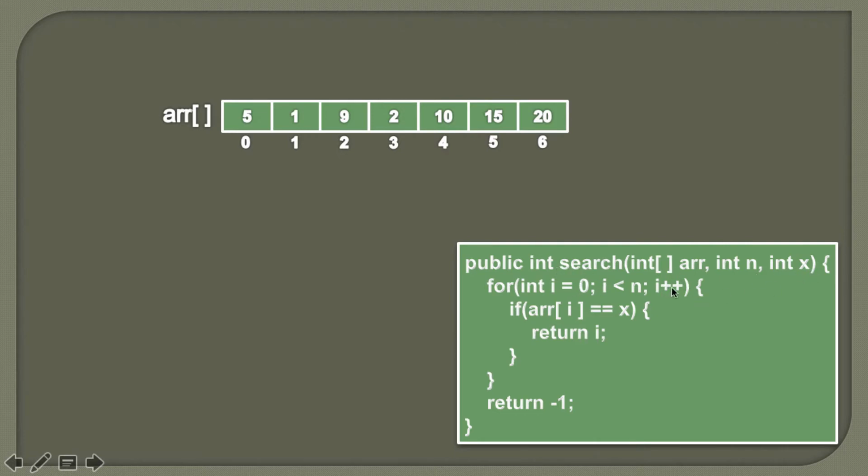So this search method takes in the array into which we want to search an element. Here we also pass the value of n, which is nothing but the number of elements in an array. And we also pass the value of x, which we want to search into this array. So let's suppose we are given this array which has 7 elements and we want to search an element x having the value as 10. So let's see the demonstration of this algorithm step by step.